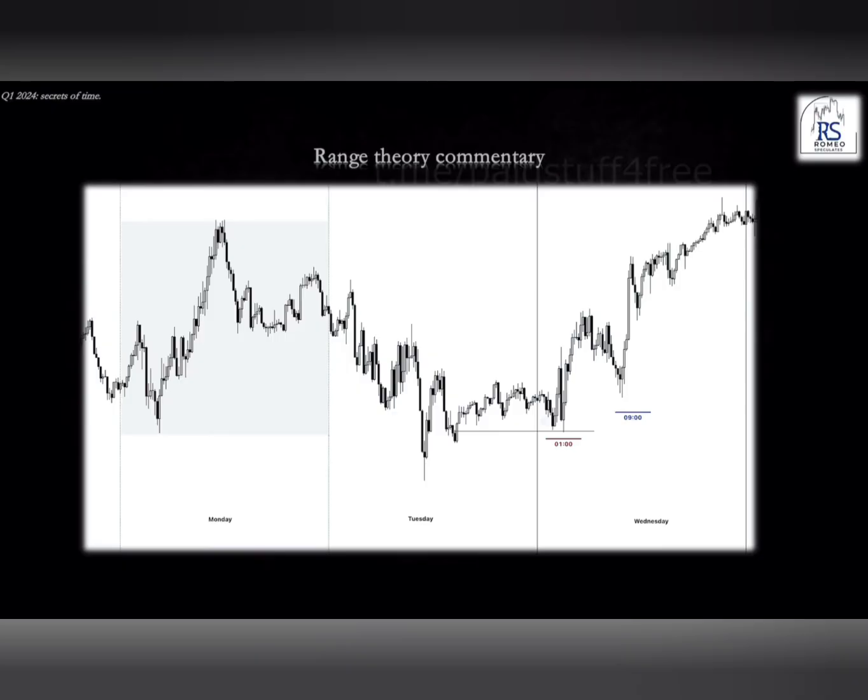Another thing is this Monday range. This is a classic Monday low to high model, right? That is by itself a time-based model, which is discussed in depth in level 2, the advanced version. The basic premise is Monday, Tuesday takes out the low of Monday, does not break below it. It's a false breakout,